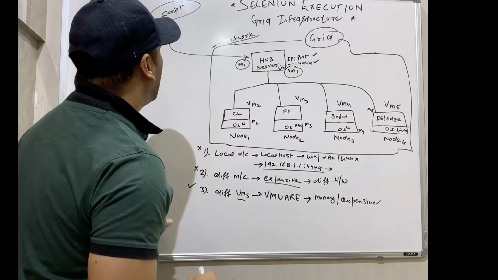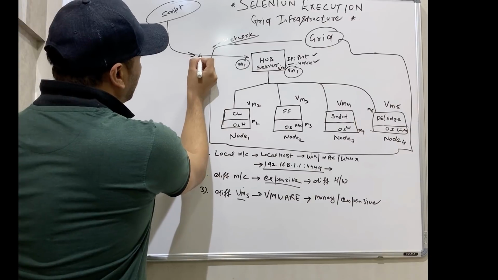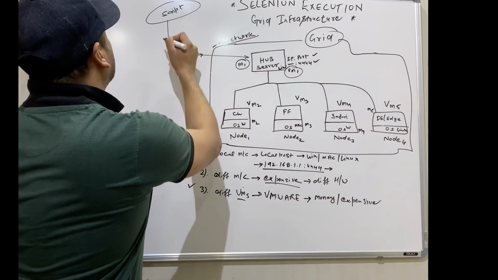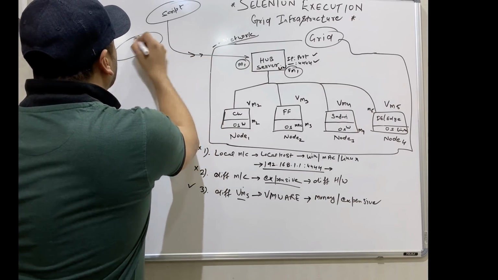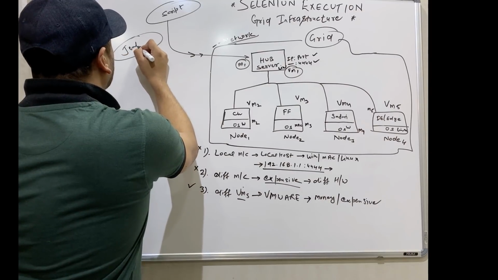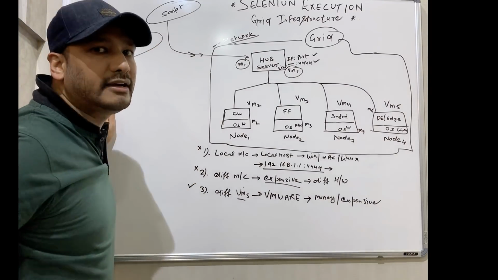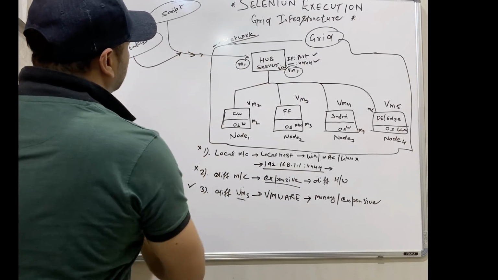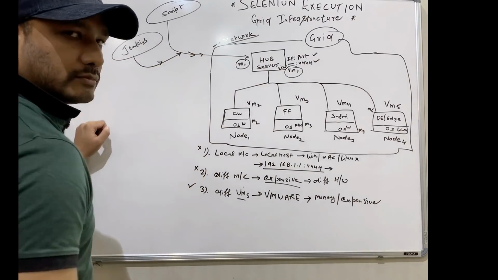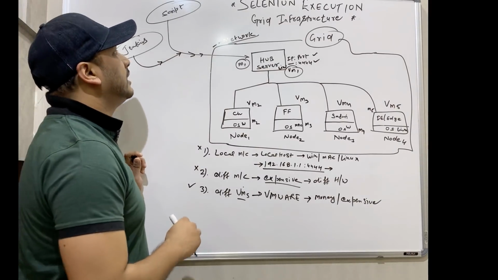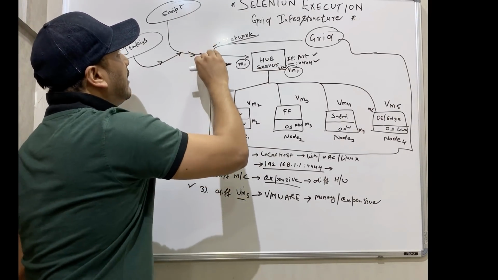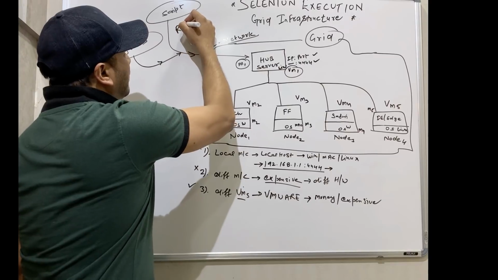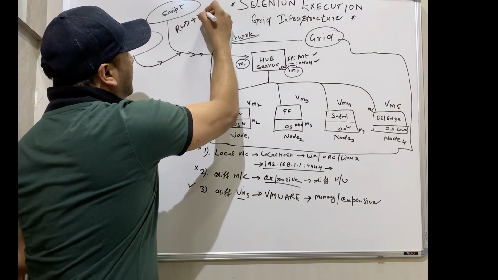Okay. Now this script is sending the request over here. Now this script can be sent via Jenkins also. So let's see, I'm using one Jenkins server which is running over here. So I can send it via Jenkins as well. So request can be sent to the Jenkins as well. That is also possible, right? That also we can do. So the ultimate target is that we have to use the remote WebDriver concept along with the desired capabilities.